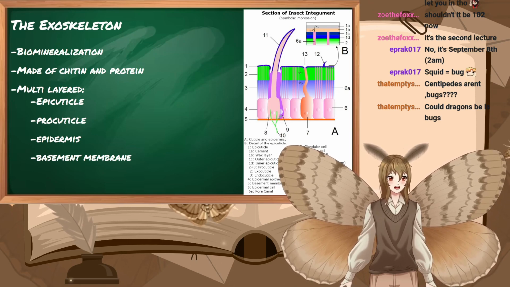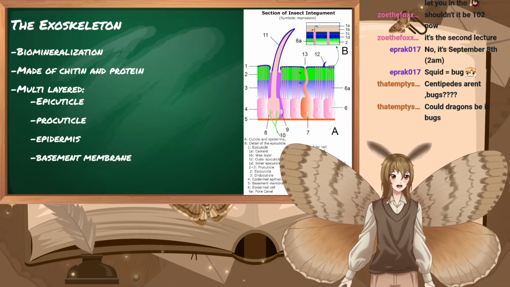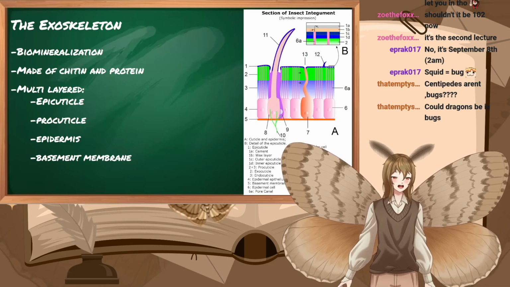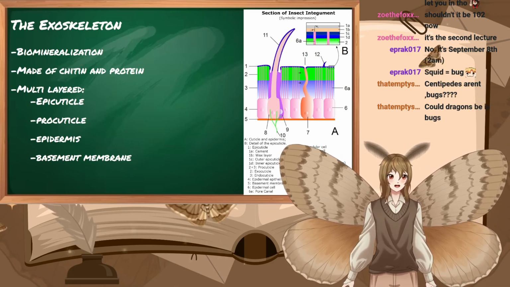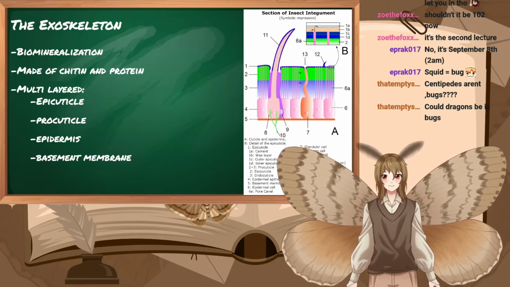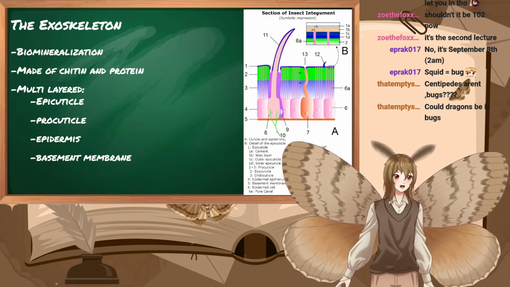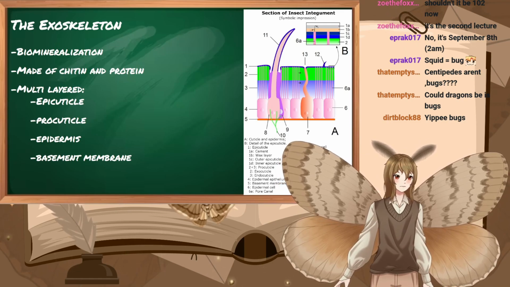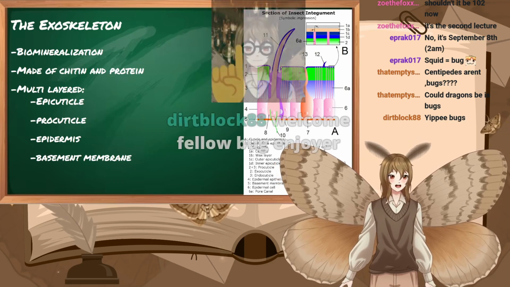biomineralization is when insects produce minerals to harden their exoskeleton, which means to have more hard places in their exoskeleton around joints or something that would be very easy to attack for a predator. They use minerals that they can produce. They mainly produce calcium carbonate, and the rest of it is made out of chitin and protein. That is why insects are actually very healthy to eat. They have a lot of protein, and that is super important.